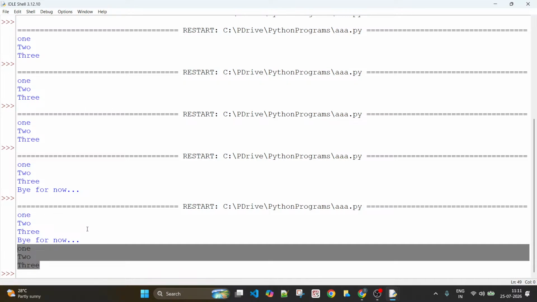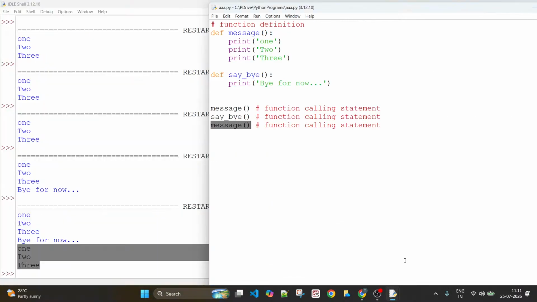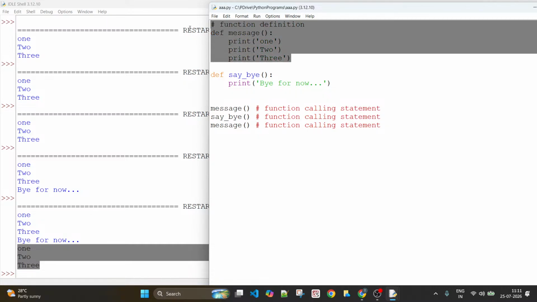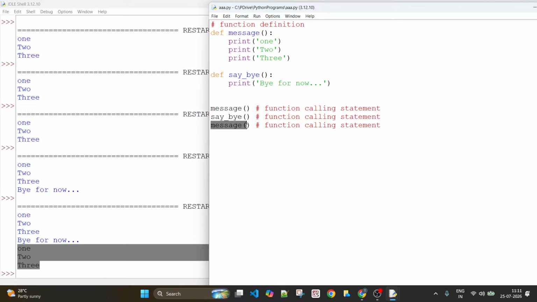Make sense? So where is reusability involved? This is nothing but reusability because you are calling this function again and again. You have called this function twice, but how many times did you write the code for that function? Only once. Write once, use many times. Here I have used it twice. If you want, I can use it as many times as I wish. I can call that function any number of times, right?